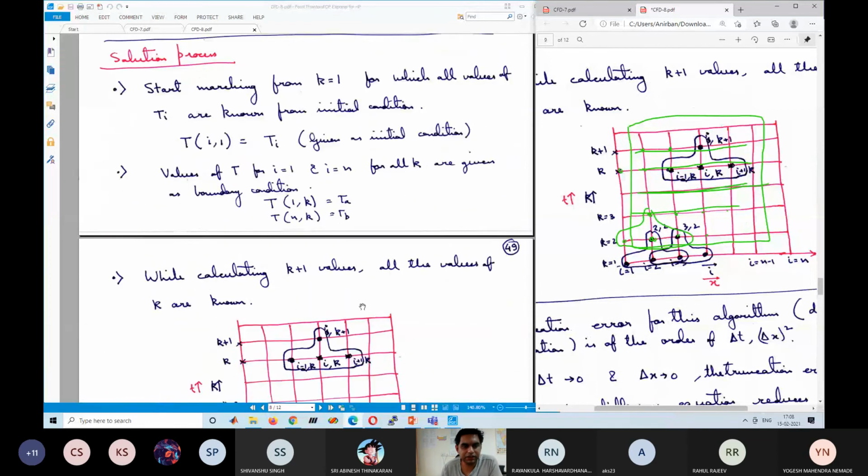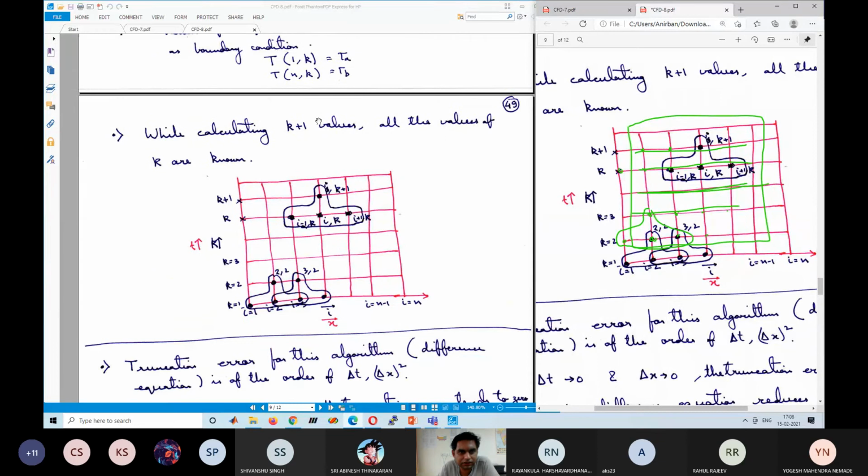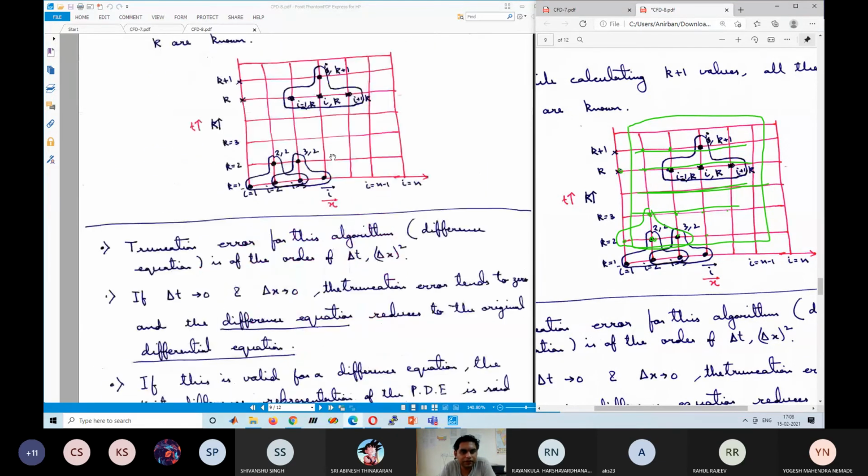This has been written here. I am not going into details, but this already is written here. So like this, once we proceed, we will find the final value at the final time, whatever is asked of us. If somebody asks what is the value at t equal to 100 seconds, you can find the value. You need to implement this by writing a code, select some suitable values, solve, and submit the code to me. I will give you a formal assignment statement, and you have to submit within 2 weeks.